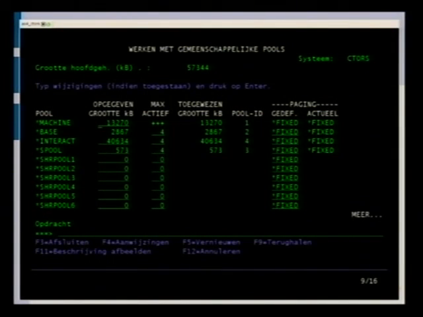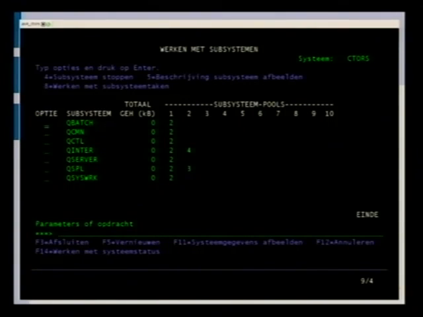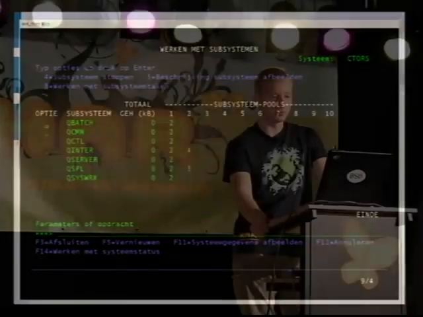These are the 4 pools that are on my system. So the 2 default pools, and I created 2 extra pools for interactive jobs and for spool jobs. Then you can assign these pools to the subsystem by assigning it to a subsystem pool.